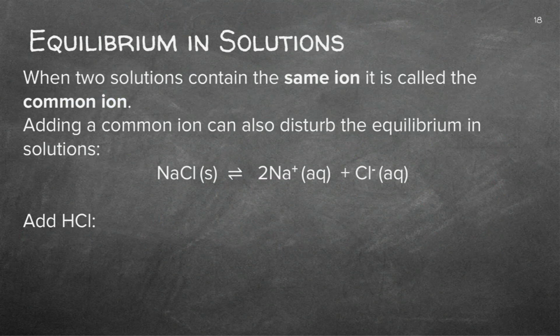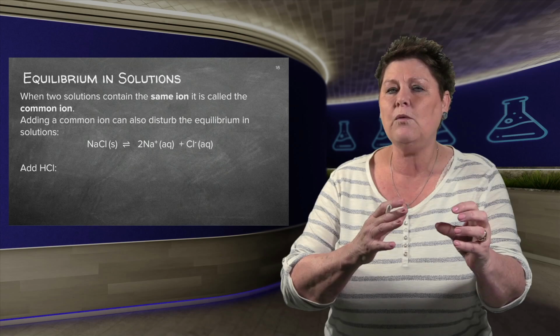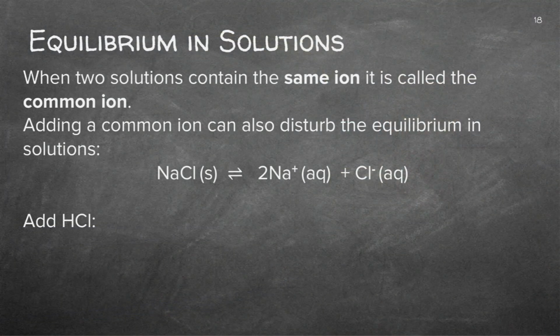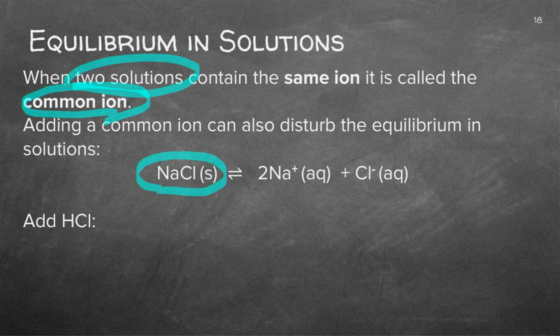Guys, we need to know what we have in terms of Le Chatelier. What is the equilibrium and what's the counteract? A final change that we can do is actually if we've got two solutions. It is called the common ion effect. I've got a solution here, sodium chloride as a solid. I'm throwing water in it, and now I'm getting an ion of sodium plus and chloride, which is the negative ion. I'm now adding HCl.